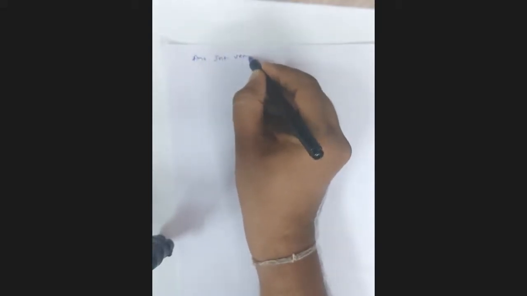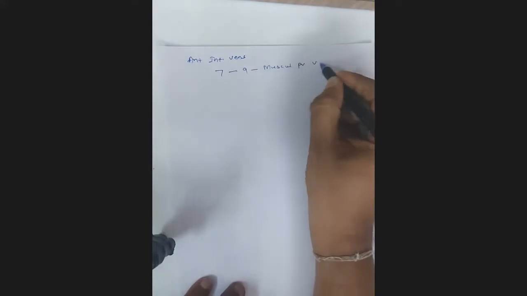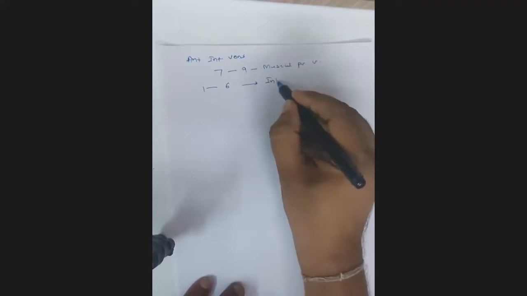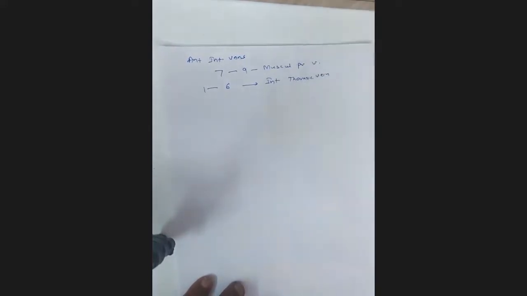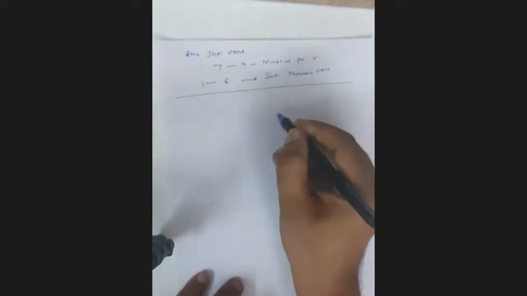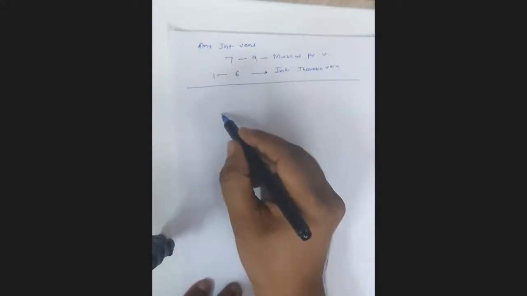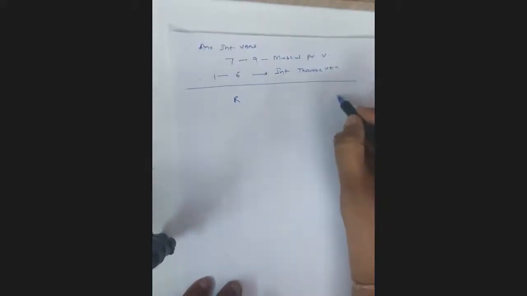The anterior intercostal veins in spaces 7 to 9 drain into the musculophrenic vein, like the arteries, and in spaces 1 to 6 they drain into the internal thoracic vein, which drains into the subclavian. Now let us check what happens on the posterior aspect. When we talk about the posterior aspect, there is a slight variation between the right and left sides. Now suppose this is the right side and this is the left side.